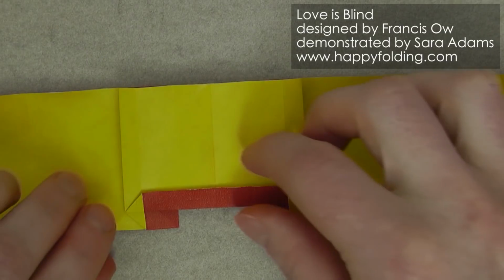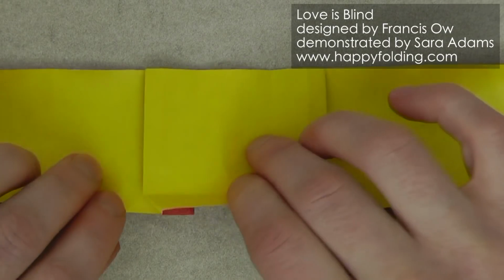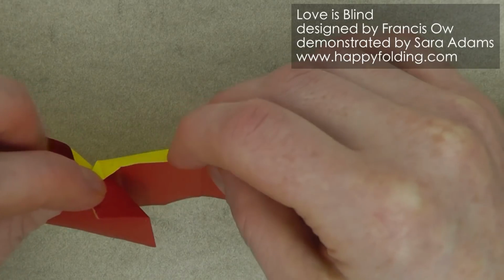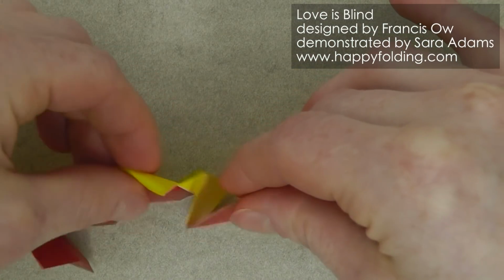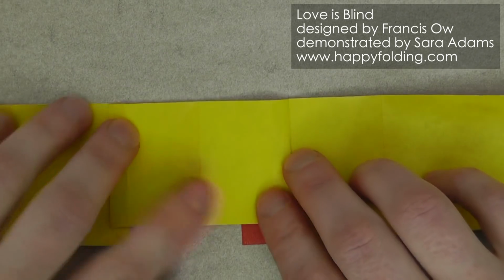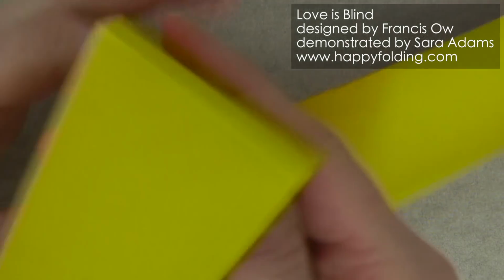And when you have that, we want to fold this down again and then push that paper inside, making a mountain fold out of that valley fold we just added, like this. Then we can flip the paper over again,